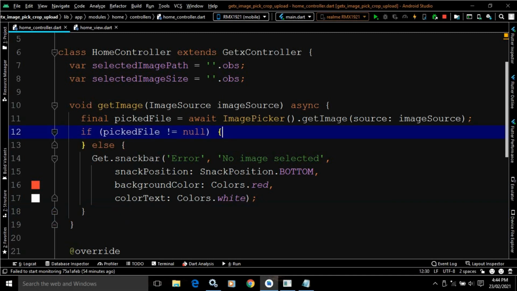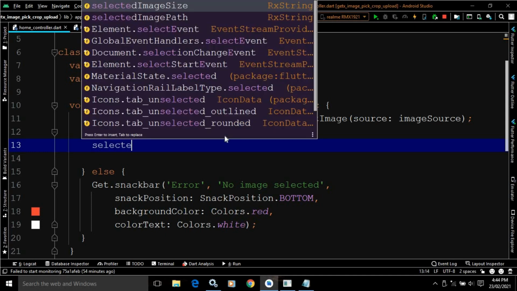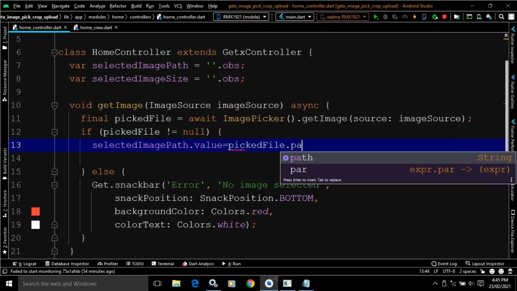But if the user selects the image, at that time what I will do, I will store the path of the selected image in this variable, selectedImagePath.value equals pickedFile.path.